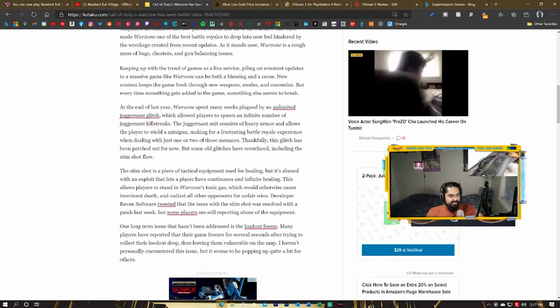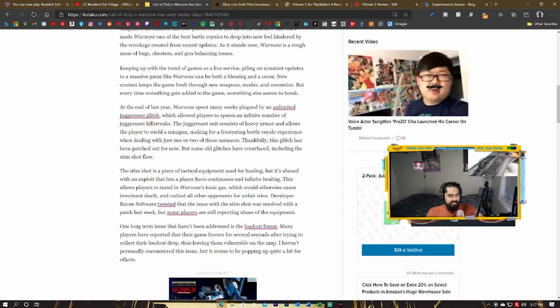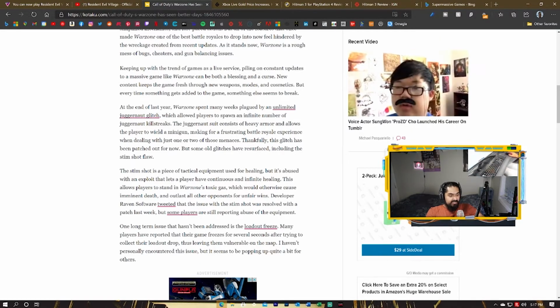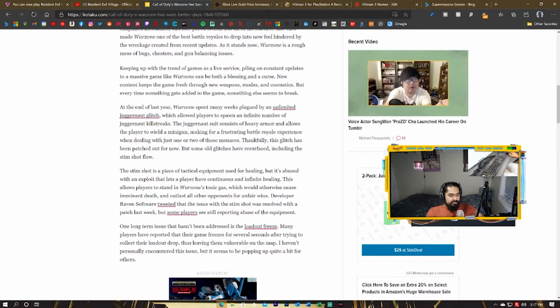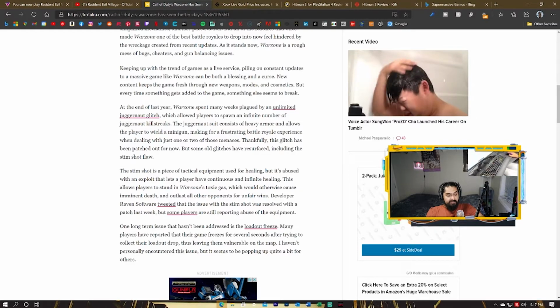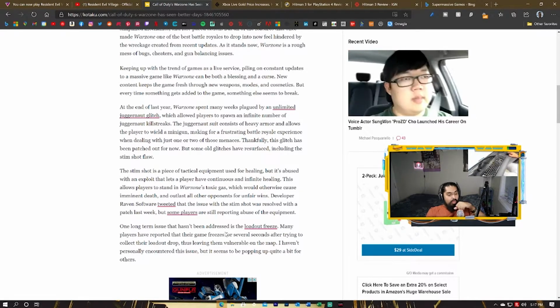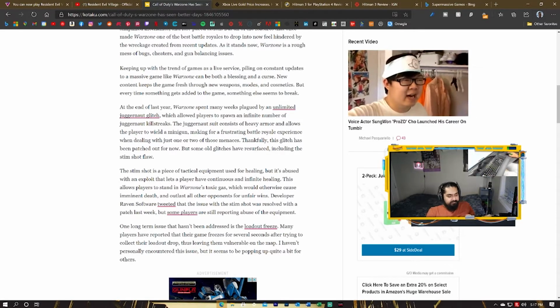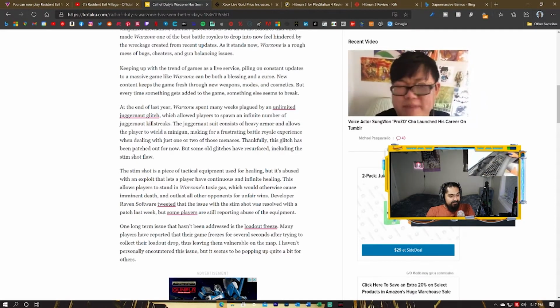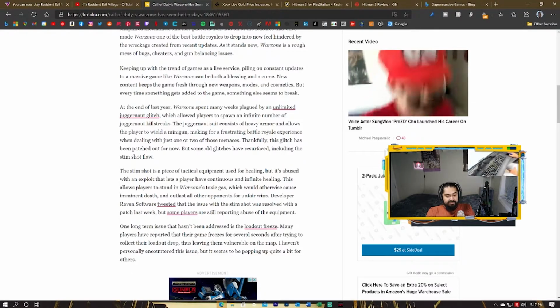The stim shot is a piece of tactical equipment used for healing, but it's abused with an exploit that lets the player have continuous and infinite healing. This allows players to stand in Warzone's toxic gas, which would otherwise cause imminent death, and outlast all other opponents for unfair wins. Developer Raven Software tweeted that the issue with the stim shot was resolved with a patch last week, but some players are still reporting